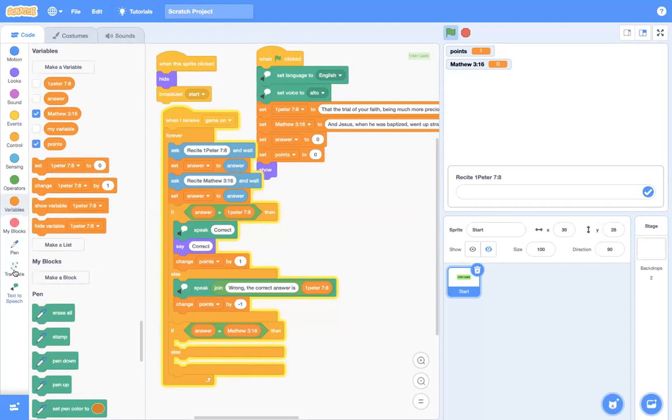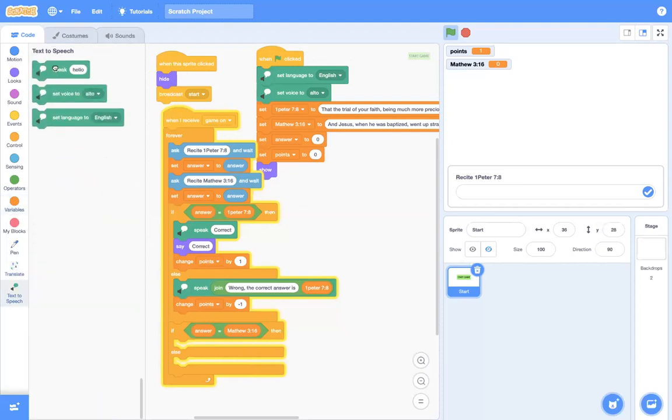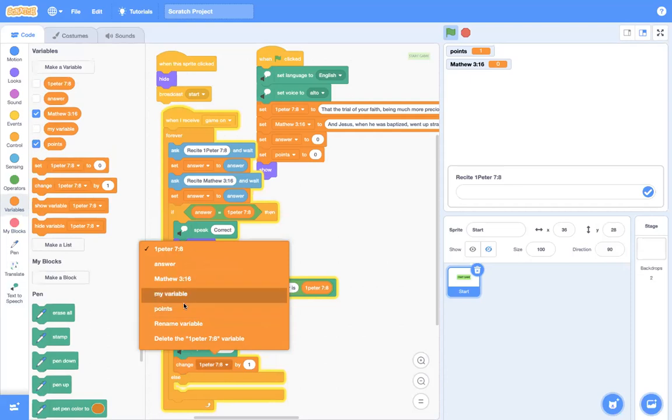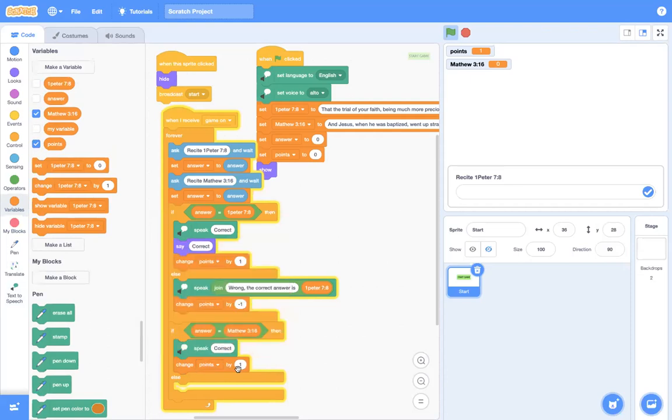I go to text to speech and I speak correct. After speaking correct, I'm going to change score points by 1. So I come here to change points by 1. And then else, if someone has failed,